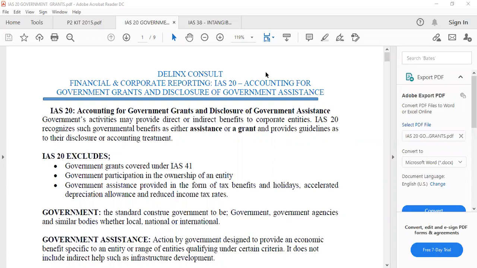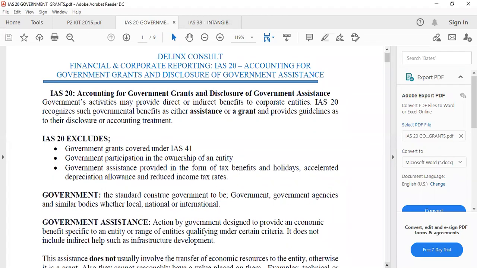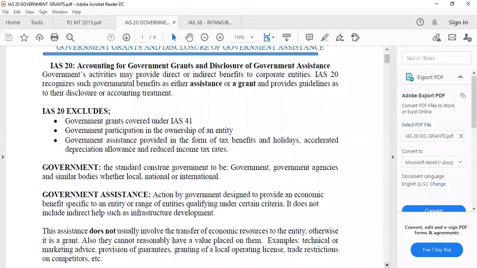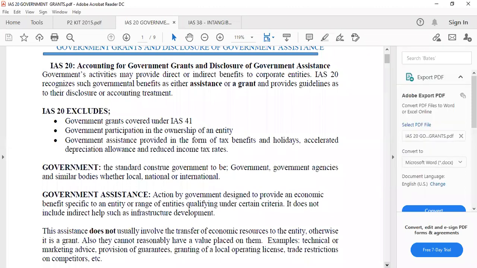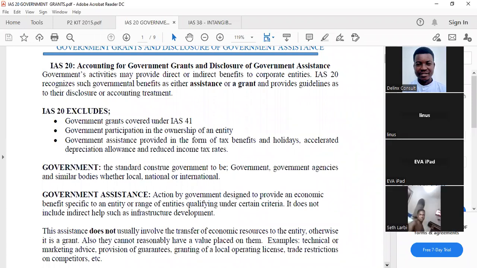But government grants involve the government giving you resources, a transfer of resources. And this government grant can be given for 2 items. It can be given in terms of revenue, maybe to reduce your payroll. They are saying that, okay, since you are employing most of the fresh graduates, take this money to pay part of your salary. That is given for day-to-day operations. We say that is an example of reducing your payroll expenses. That is a revenue grant.